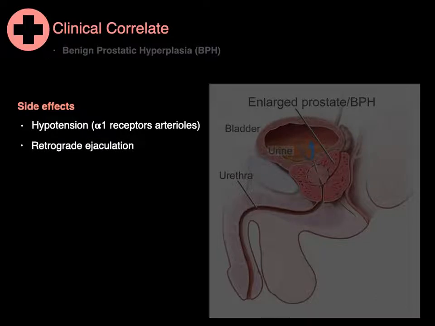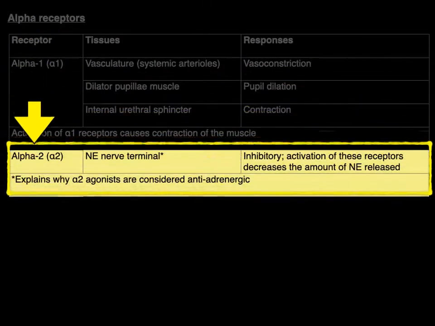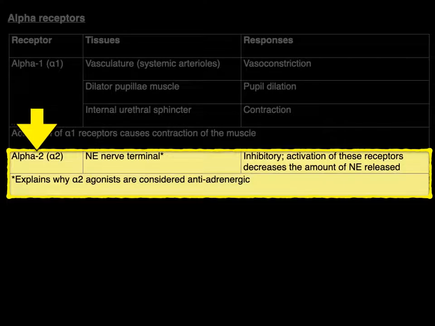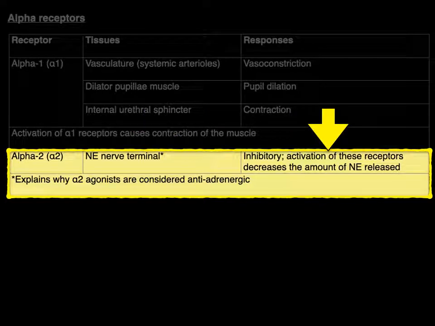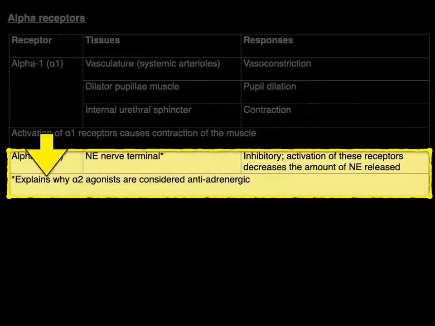And also retrograde ejaculation, because if that sphincter relaxes and is open during ejaculation, semen can go into the bladder. Now let's talk about alpha 2 adrenergic receptors that are found on the norepinephrine nerve terminal, which are inhibitory in nature. Activation of the alpha 2 receptors decreases the amount of norepinephrine released, which is why alpha 2 agonists are